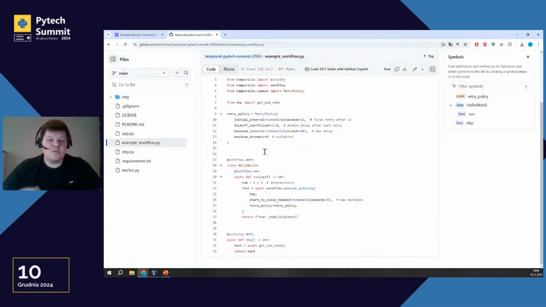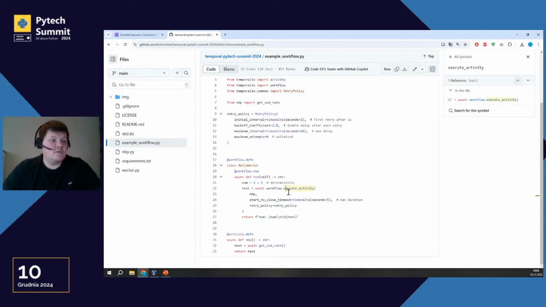And we need to use a few wrappers to change our standard Python code to workflows and activities, temporal workflow and activities. For workflow, we use this @workflow.define to prepare the workflow definition, and for activity, @activity.define, the activity definition. And next, as we discussed, activity is just part of our workflow. That's why we have this code, execute activity.